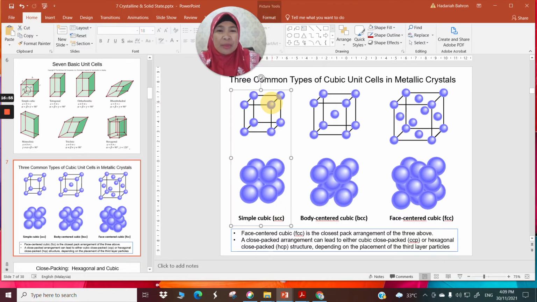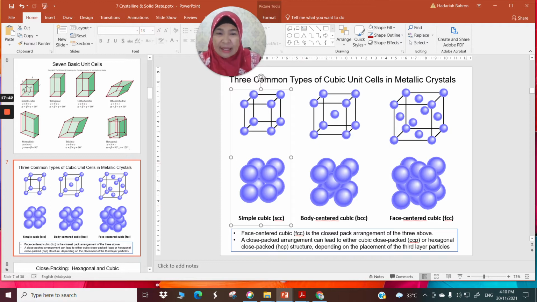This simple cubic is really very easy to draw. It's just A is equal to B is equal to C, and alpha angle is equal to beta angle is equal to gamma angle, which is equal to 90. That's simple cubic. And you are putting one metal atom on each corner of your simple cubic. Only one metal atom on each corner, 4 at the top, 4 at the bottom, so you get simple cubic